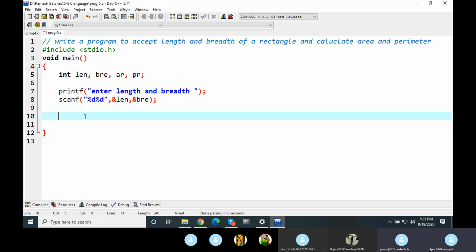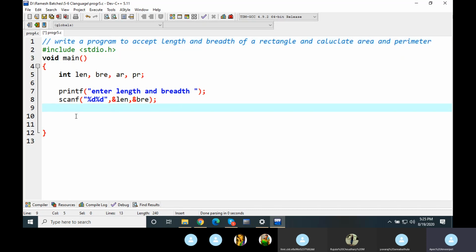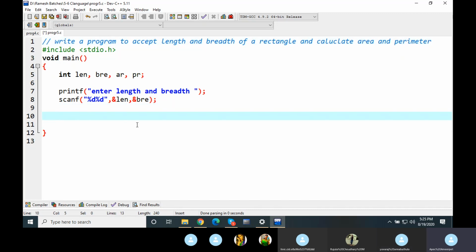We have to use these 2 variables for calculating now. So how should we write the calculation? Area calculation has to be done, then perimeter calculation. Area is given by the formula length into breadth. First, the variable in which you want to store the result, that variable is equal to length into breadth.